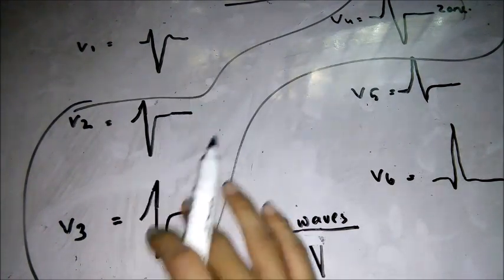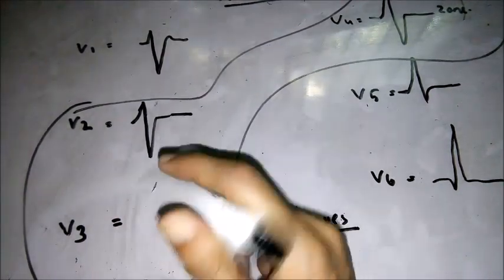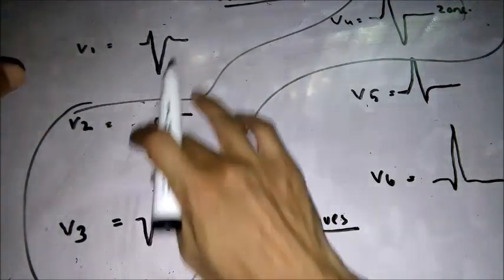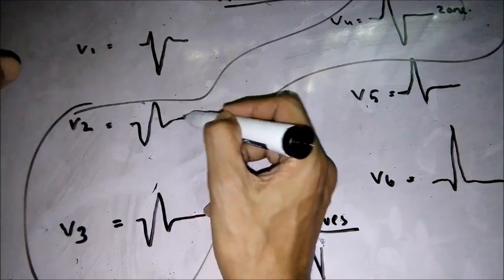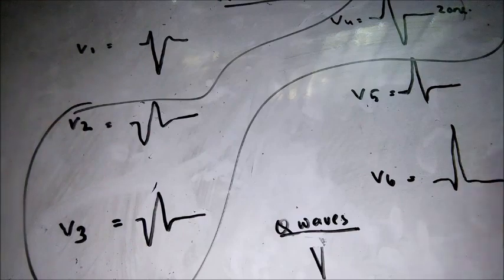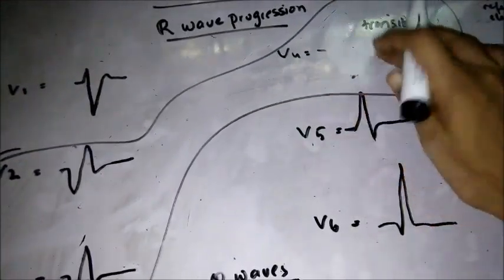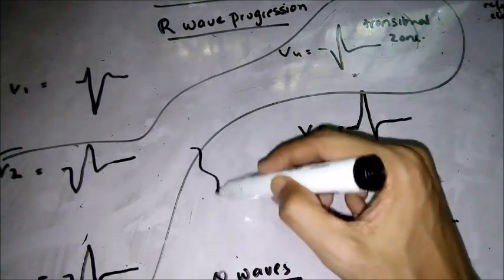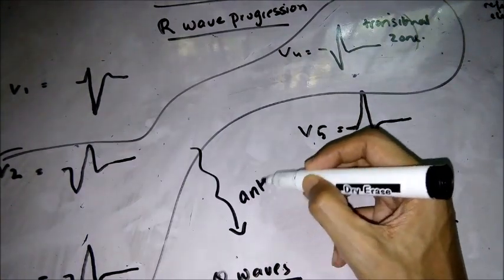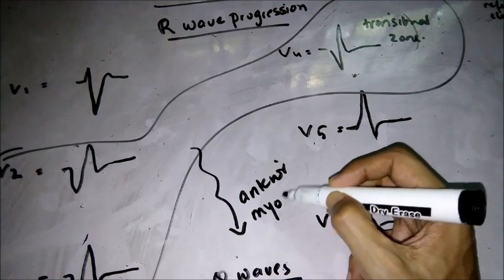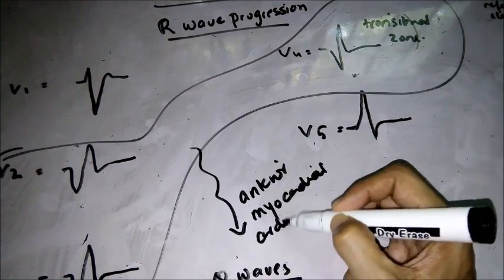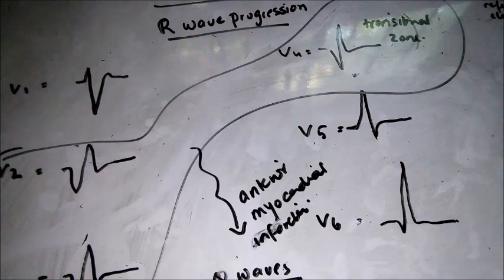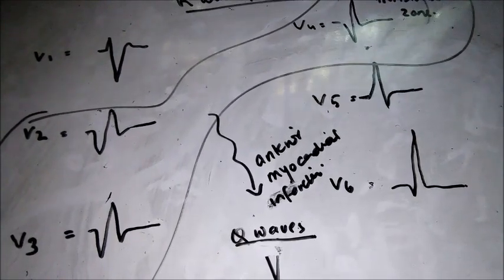But for example, if you see this kind of a pattern, this kind of an ECG tracing, in lead V3 and in lead V2, which is not normal because you don't see these Q waves, right? So in V2, V3 and V4, you see this kind of a tracing, where these Q waves are present. That can point out that this person might be having an anterior myocardial infarction, right? Or it can tell us if the person has had a past myocardial infarction, because Q waves are supposed to be one of the indicators of a past myocardial infarction. So